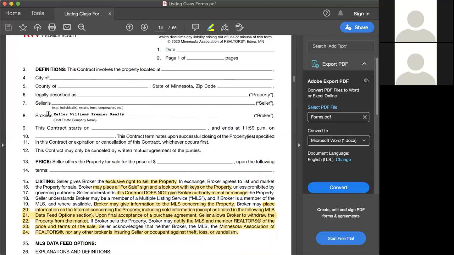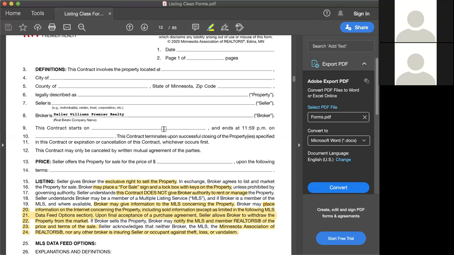And then the broker is Keller Williams Premier Realty. It's not Keller Williams. It's not KWPR. It's Keller Williams Premier Realty. Okay. And then line 9 is the actual date that the contract is going to start, that it will actually